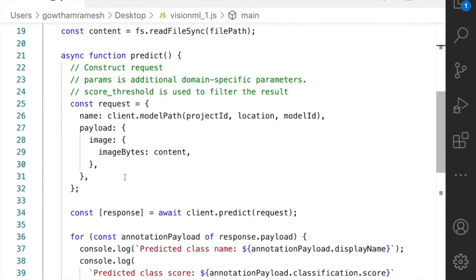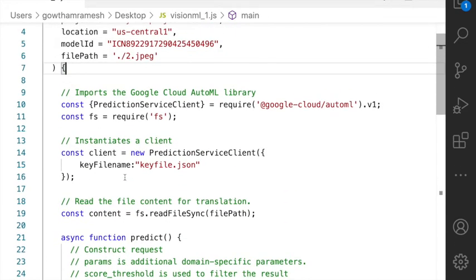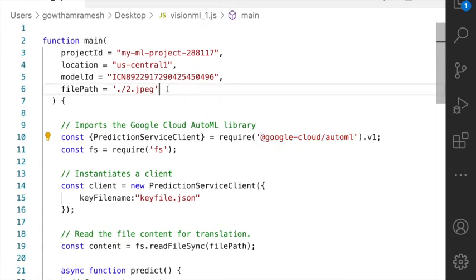The only thing I wanted to highlight here is that you need to install the necessary libraries, that is Node.js libraries, in your local system. After loading the libraries, you have to configure a few parameters. The first one is the GCP project ID.